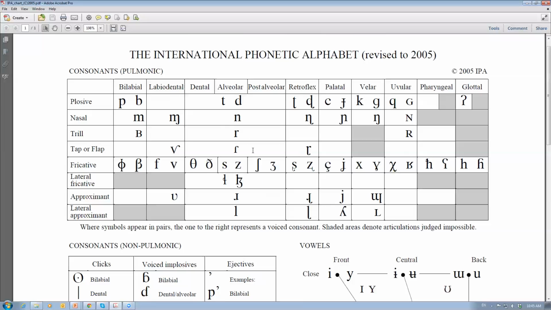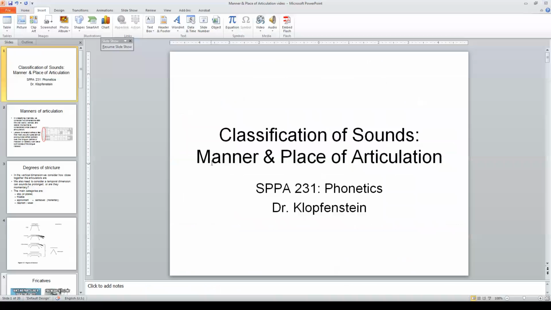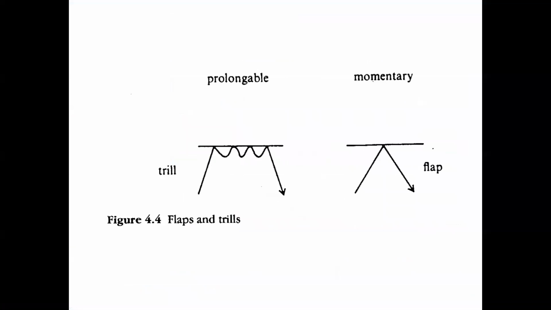And we also have a sound that is just momentary, and this is one in English that we'll talk a little bit more about, called a tap. Usually some people call it a flap. All right, we'll focus on that one. Oh, there we go. And so those trills, you can keep them going for quite a while, but this